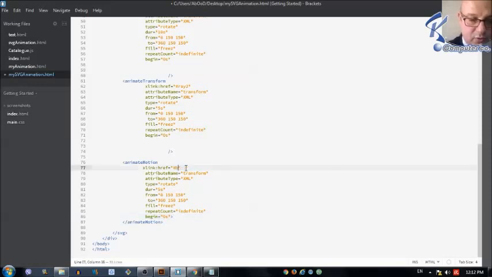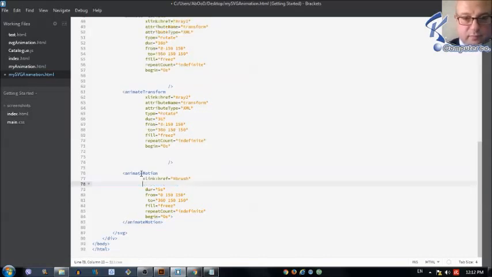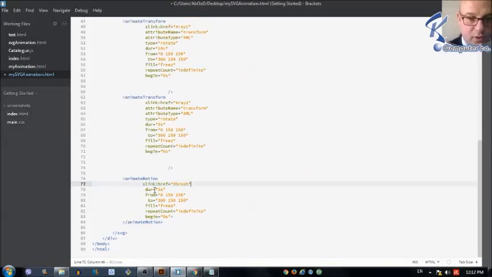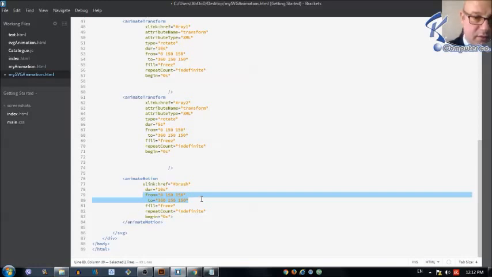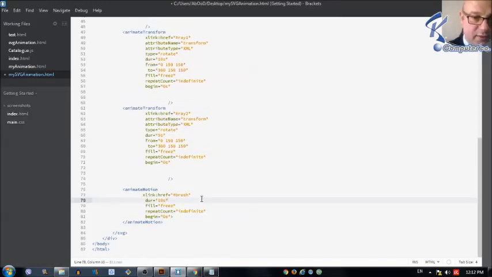It's the brush that we want to move on the path to draw. The attribute name is not transform. We'll remove all that. What we need to specify is the duration, which is, let's make it 10 seconds. We need to specify the fill freeze, repeat count, begin,